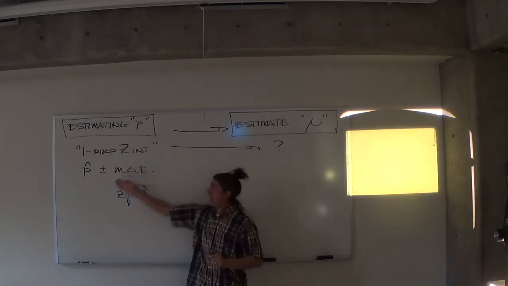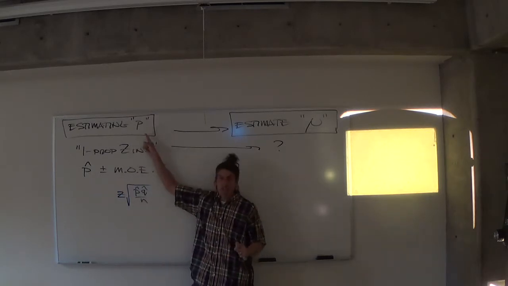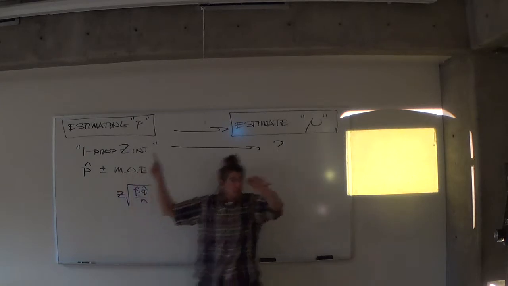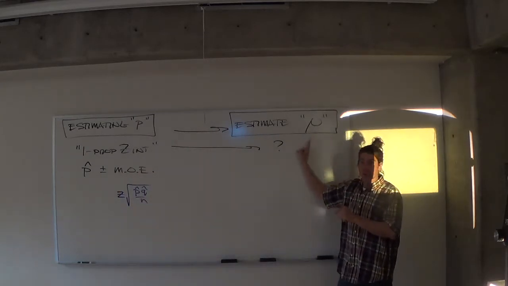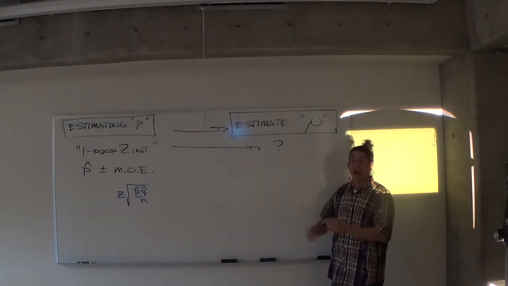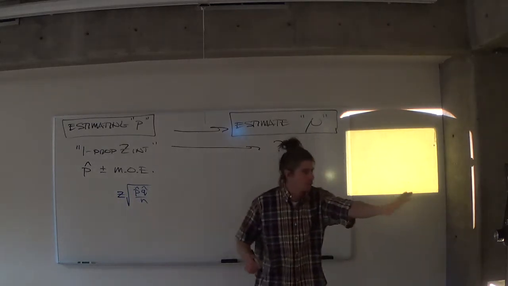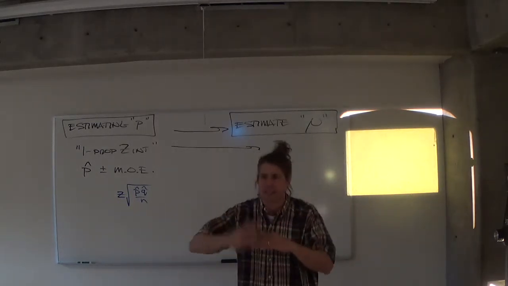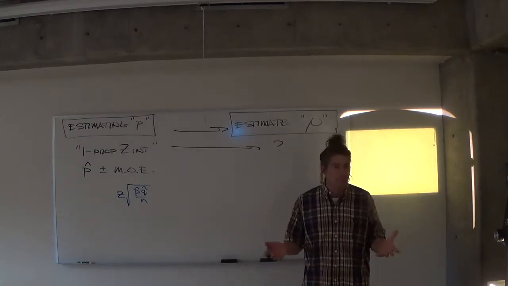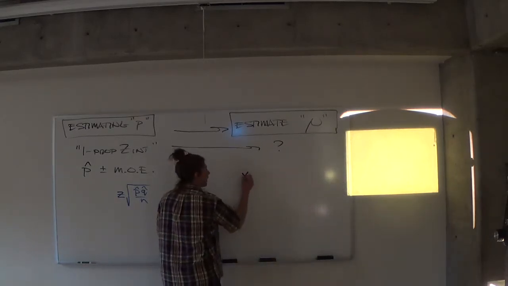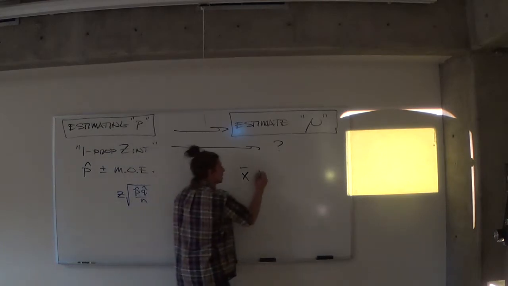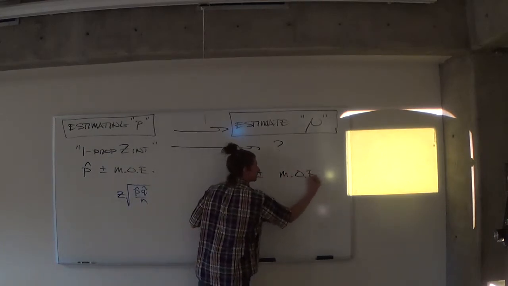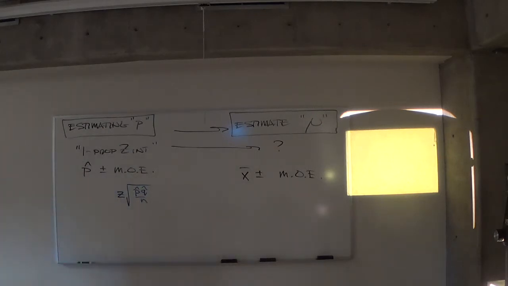The reason we went to p hat with little p was because that's the population proportion. This is the sample proportion. This is the population average. So we have to take our sample average, which we called X bar back. I know we got away from using X bar at the end of 243 because we were into distributions and we're talking about mu all the time. That's why I like this class. It brings back X bar. So X bar plus or minus the margin of error. And the question is, how does the margin of error differ for a population average versus a population proportion?